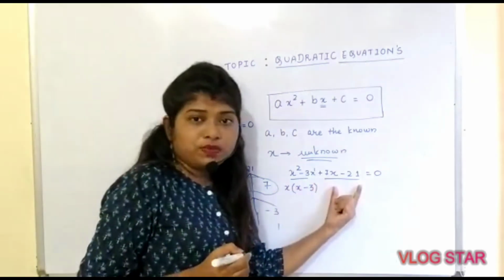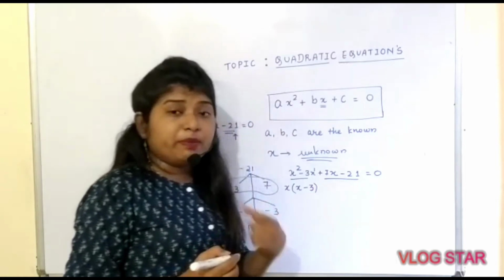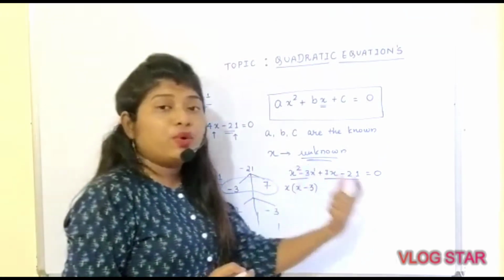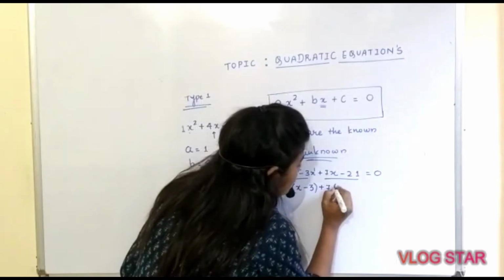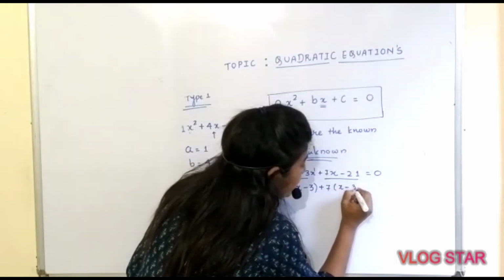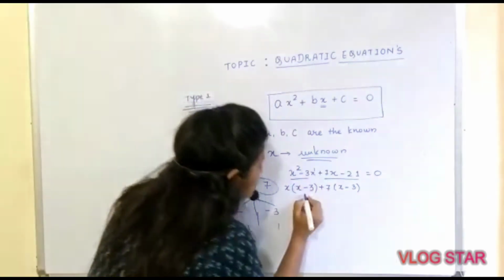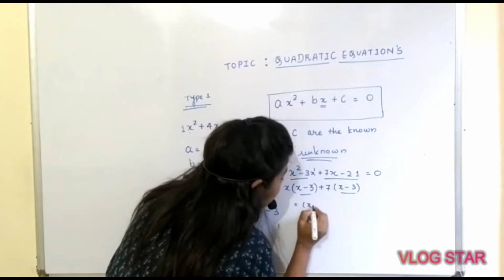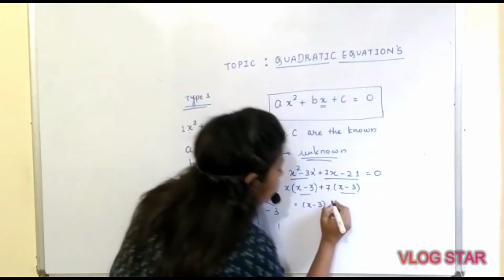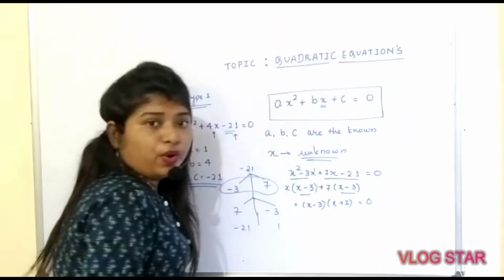Similarly, if you observe over here, from 7x and minus 21, can you tell me which term you are going to take outside the bracket? Yes, it would be 7. So what is there inside? It should be x minus 3. If you observe carefully, this is x minus 3, this is x minus 3, common term. We can take it one time. What is there in the second bracket? Which is nothing but equal to 0.